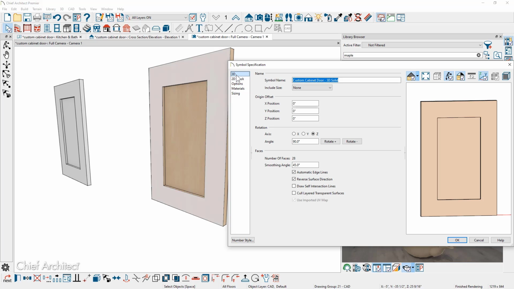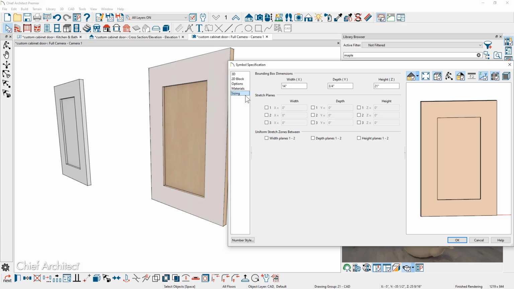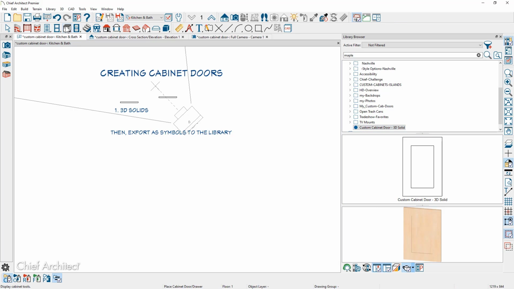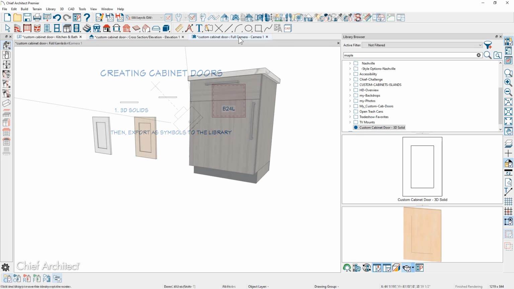And then for the 3D information, you can come down and make adjustments to the symbol name, and then on sizing, I'm going to do this talking about stretch planes. I've placed a couple of stretch planes so it maintains the ratio of the frame to panel. For the time being, we'll go ahead and add that into our library. You can see the door appear in my custom library, and then over in the floor plan view, if I drop in a cabinet off to the side and then go back into the 3D view,